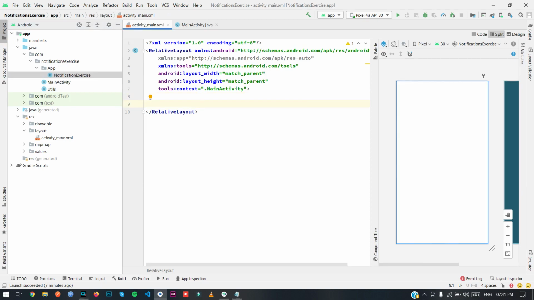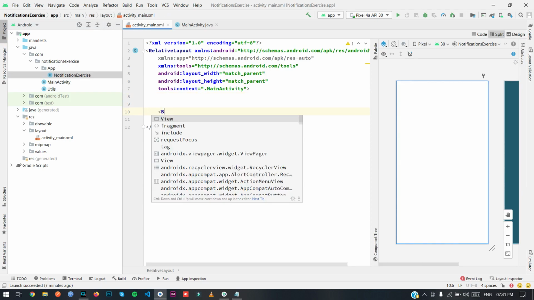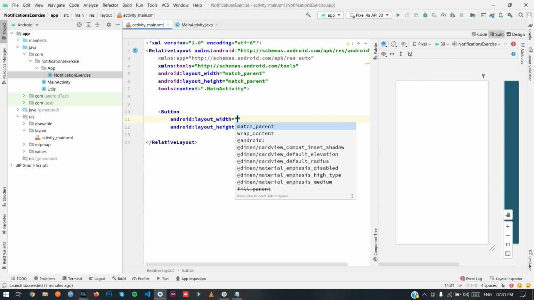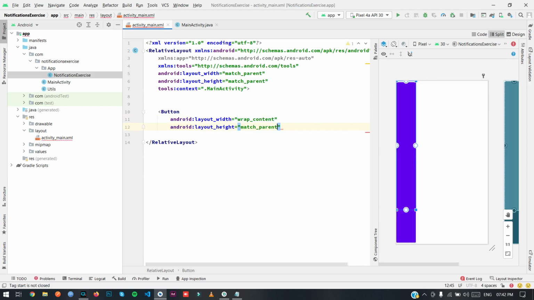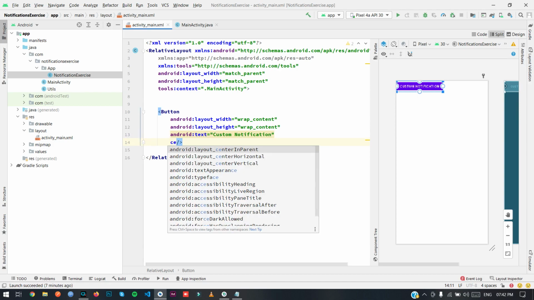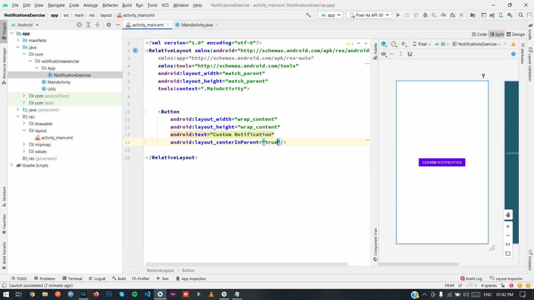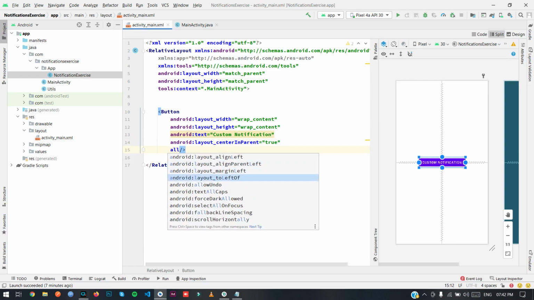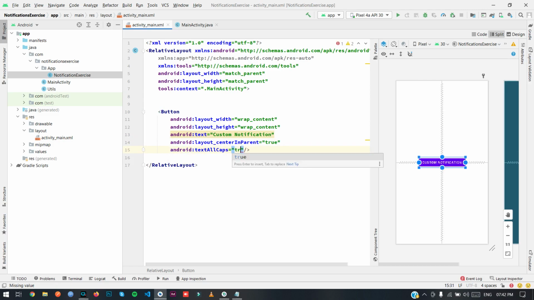Okay, so let's just get started with creating the custom notification. So let me just first create a button for generating the notification. Width wrap content, text: custom notification. Okay, center in parent true, all caps false.